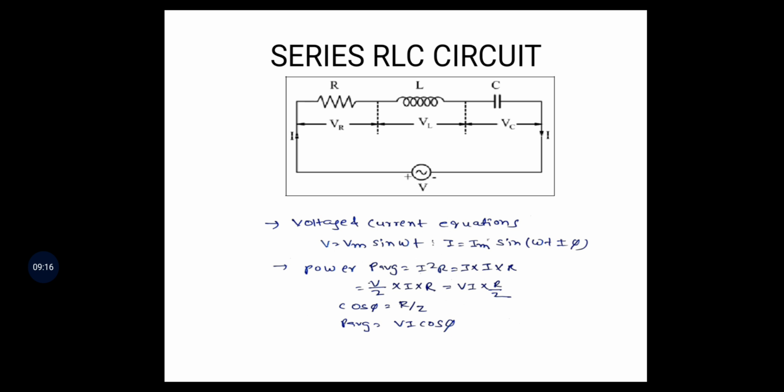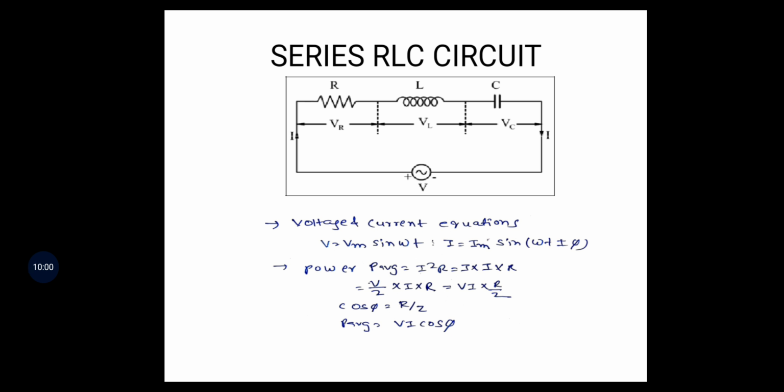Next, we want to discuss power. We have already proved that the power in an AC circuit is consumed only in the resistor. We know the inductor and capacitor do not consume energy, they store it, in the form of electric field and magnetic field. Only the resistor consumes power. Then the average power